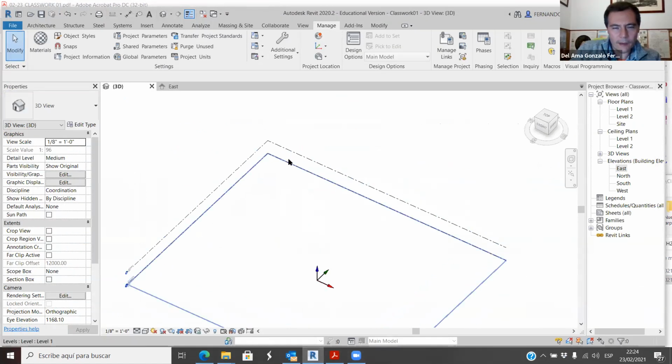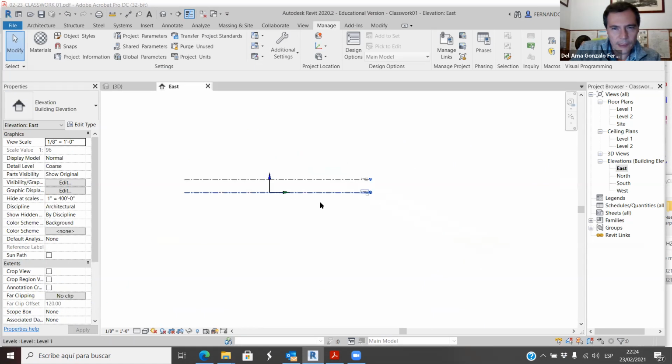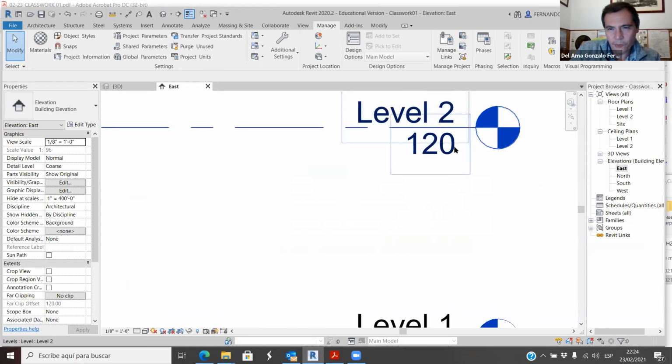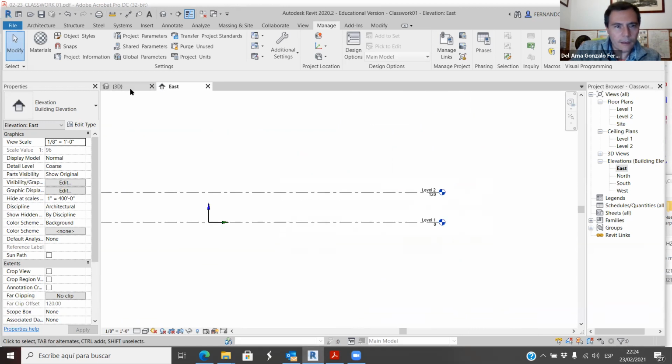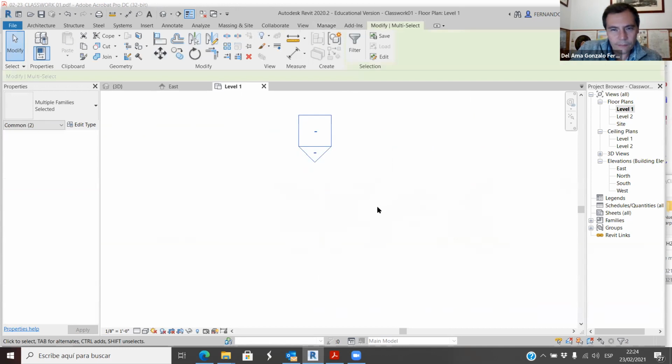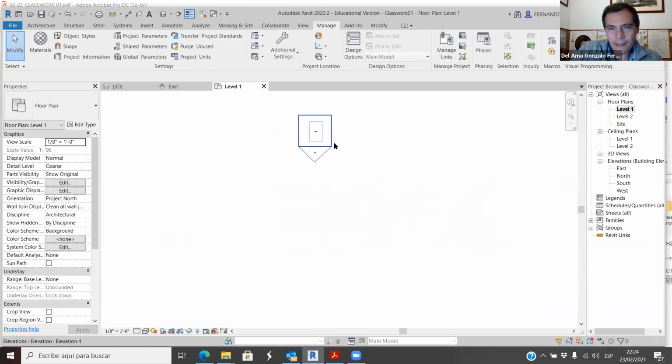Anyway, we have levels on the east elevation. We have 0, we have level 120. And first, we can open level 1. Here we have the 3D view, the east elevation, and level 1. So if everything works well, you will see those elements, those icons. Those are the elevations, okay? If they don't show up at the beginning,